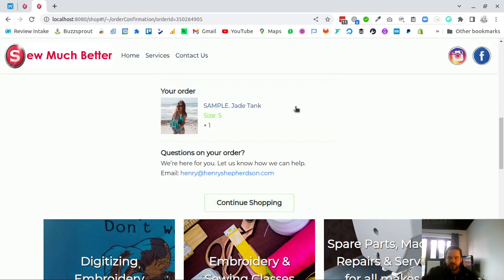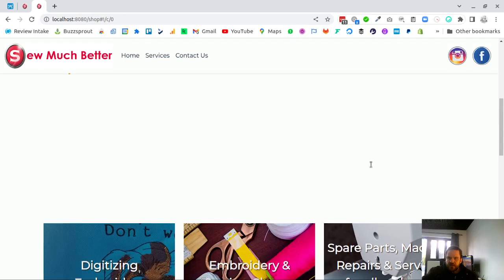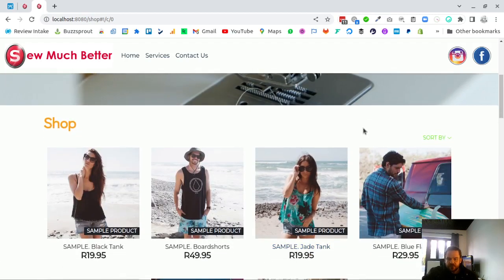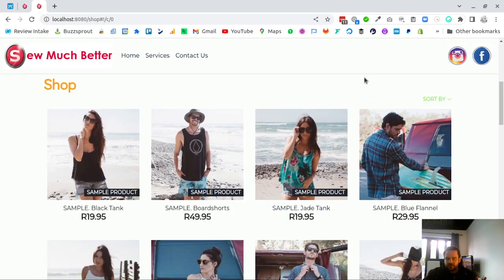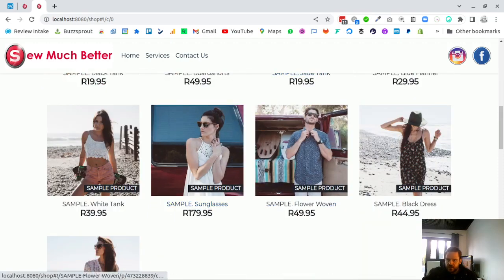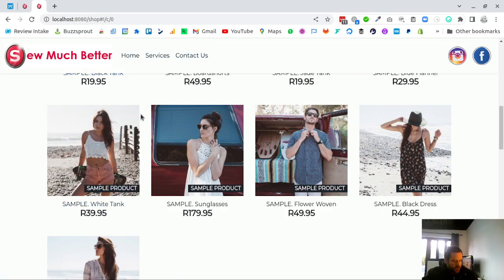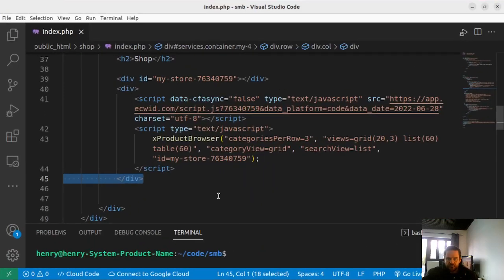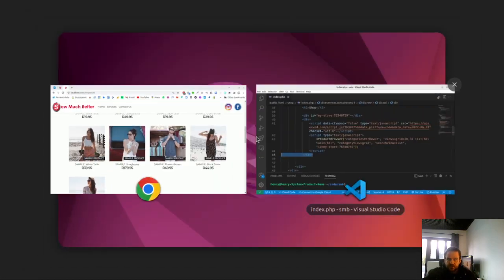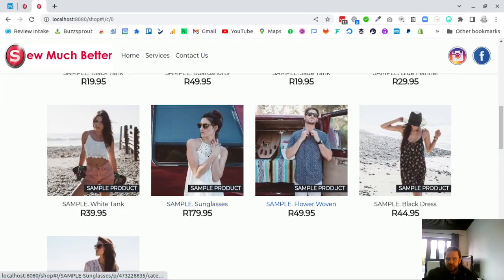So if I go back, sorry, this is over here because I was just did a little test order, continue shopping, and everything is contained, the whole journey from going in and viewing products to selecting products and adding them to your basket, through to checkout and completing your orders, done within this frame that's generated literally just by this piece of code here. So obviously this isn't the code that's running everything, this is just pulling it from the Ecwid platform, but I mean, so far from what I've seen, it is really quite a slick little